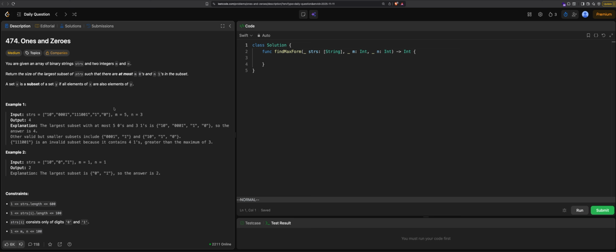So we're given an array of binary strings, which is strs, and two integers, m and n. Those are the three arguments for our solution's parameters. We have to return the size of the largest subset of strings such that there are at most m zeros and n ones in the subset. A set x is a subset of a set y if all elements of x are also elements of y. So what do we do? In the input,